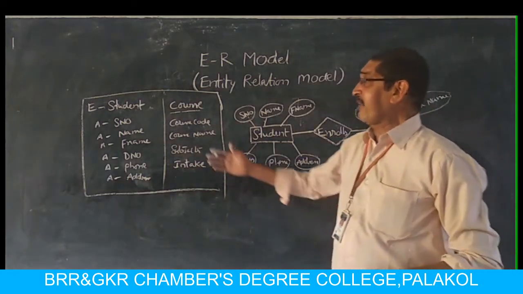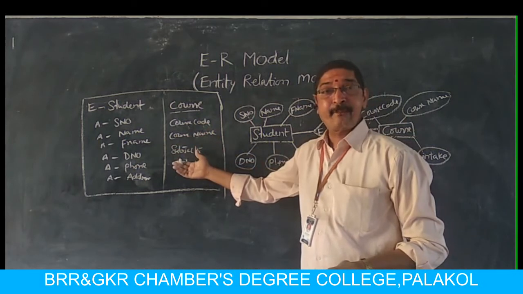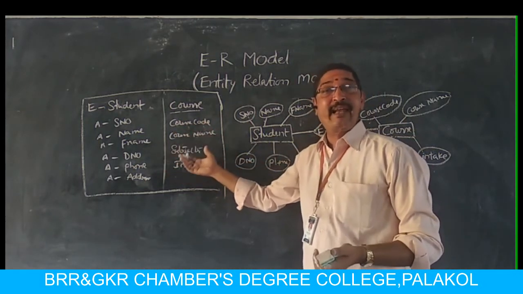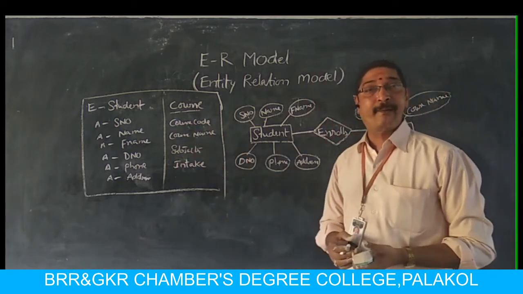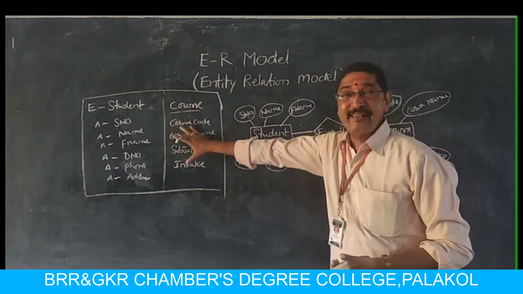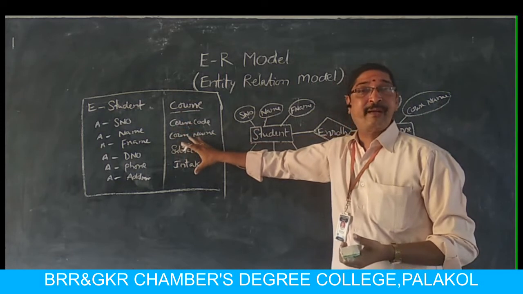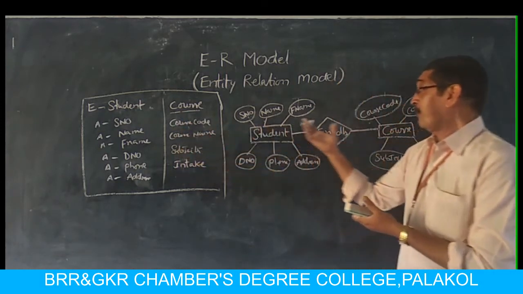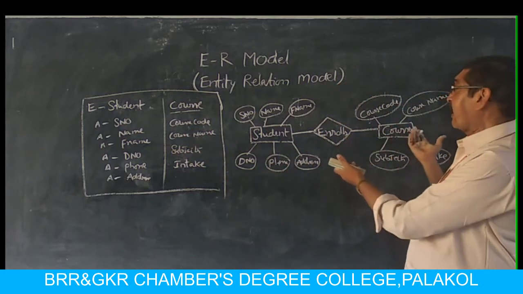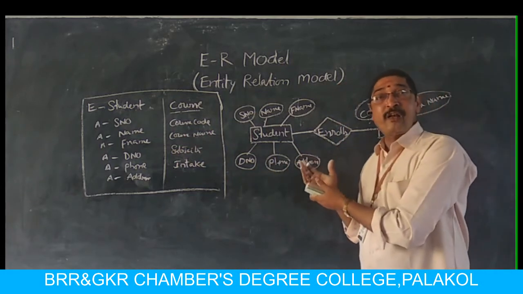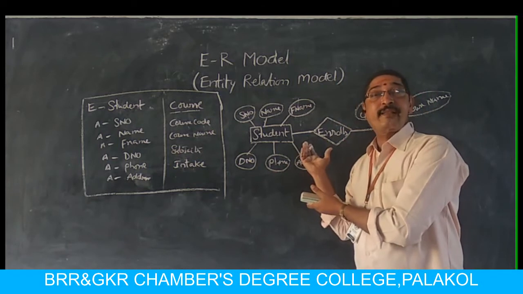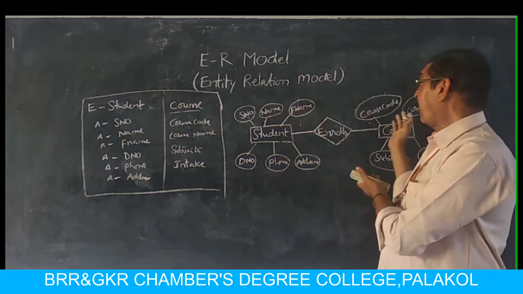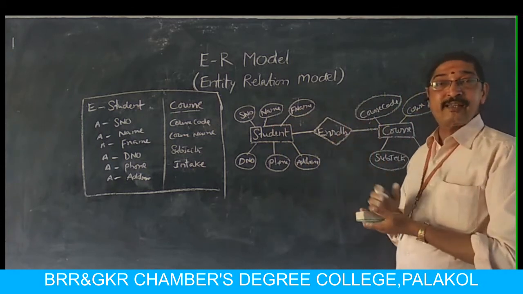If you represent details like this, of course, it's also necessary. But using only these details will create a little bit of confusion to the developer. So these details written in textual format must be converted to graphical format. Then this graphic will give clear understanding to the developer: what are the components, what are the entities. This is the entity, these are attributes, and this is the relation between these two entities.